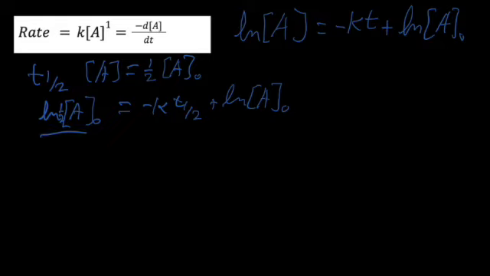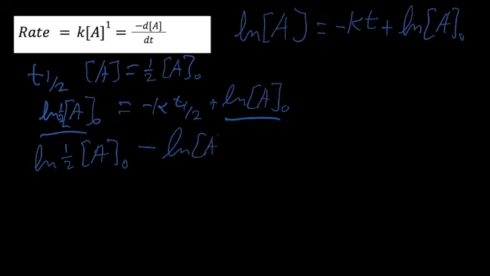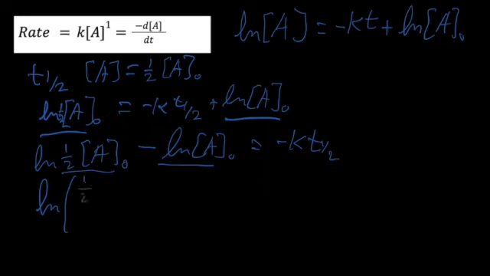And so this term and this term we can combine. So if we move this over to the other side, we can say that the natural log of 1/2 of the concentration of A naught minus the natural log of A naught equals negative k times t1/2. And so when you have a natural log being subtracted from a natural log, this is just a rule. What you can say is you can combine them and say that it is this term over this term. So you have 1/2 concentration of A naught over the concentration of A naught